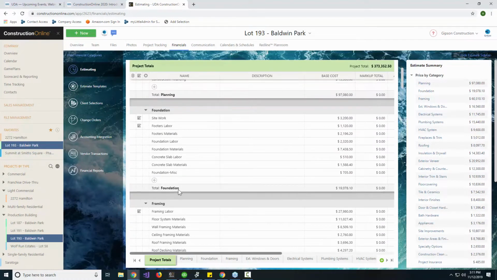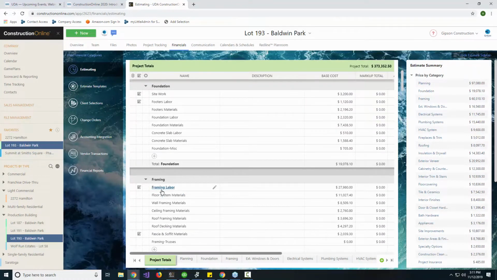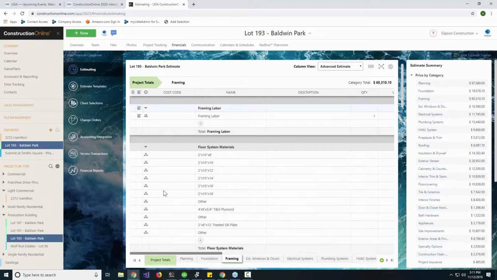And then to dive in and see a little more detail, maybe we want to look at framing a little bit more closely. We'll just click on that subcategory. It'll dive us right in, and you'll notice as well that now I'm on this tab here at the bottom for framing. Now, what we're looking at is actually inside of the framing category. As we mentioned before, we're able to break out and detail out maybe the different items that make up the floor system materials package. This gives us a lot of control over the individual items that we are adding into the estimate, and later on we'll be able to track and see not only how much these different materials cost for us, but we can actually track on an individual basis if we wanted to, how much we've spent for